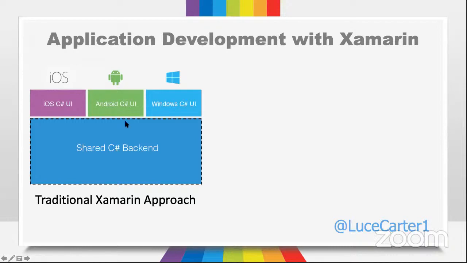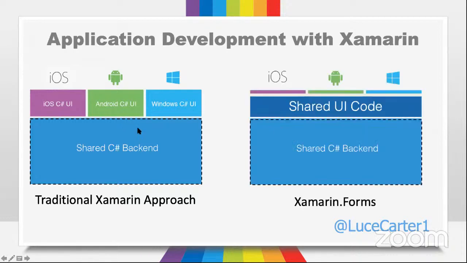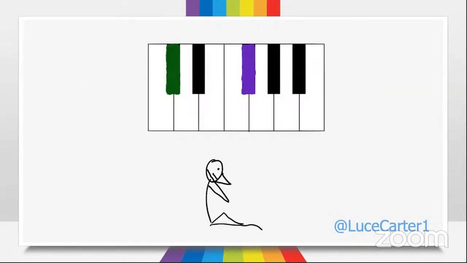So what Xamarin introduced quite a few years ago now is something called Xamarin.Forms, which is my personal favorite. So you'll see here, it's got the same shared C# backend, but then you've got shared UI code as well. So using either XAML, but a different dialect of XAML to UWP, or in code, you can share the UI as well. So it's even quicker to get to market, which is fantastic. And, you know, I really like it for that reason, because it's nice and simple. But one of the other cool things about Xamarin is that it's not just C#. So you saw C#